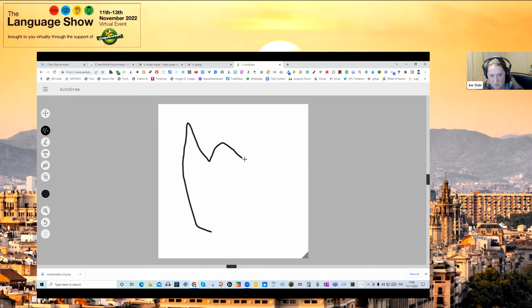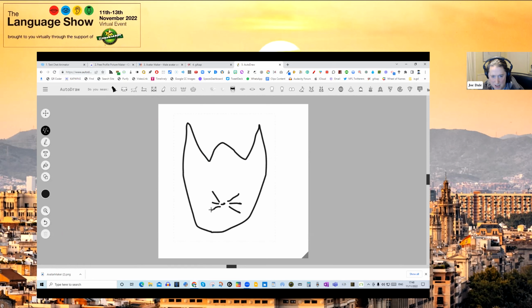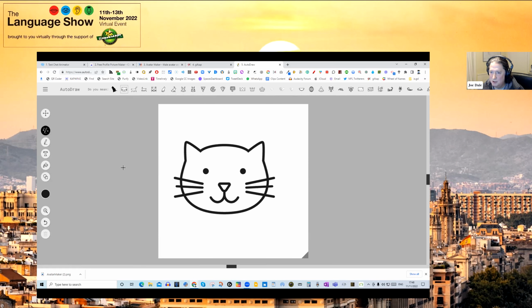No pun intended. If you haven't seen AutoDraw before, it's a really great way of producing professional looking clip art when you're not particularly good at drawing, particularly if you're trying to use a mouse on a PC, as I am right now. So at the top of the screen, you can see that what's happening is Google, this is a Google tool, is using artificial intelligence to work out what this scribble is supposed to be. It thinks it might be a pizza slice, it might be a lobster, it might be a watermelon slice, it might be various other things. But of course, it's supposed to be a cat. So I click on the cat, and as if by magic, my doodle is turned into a cat.